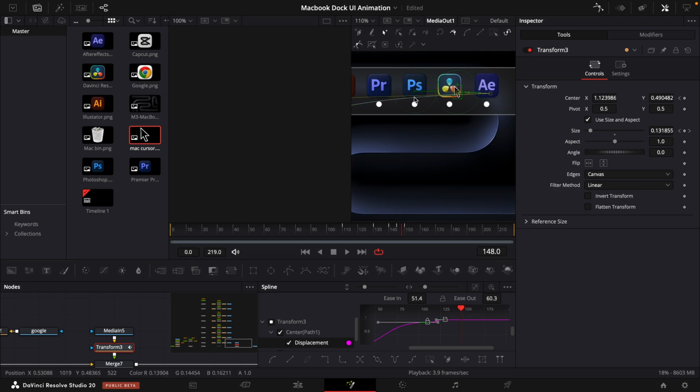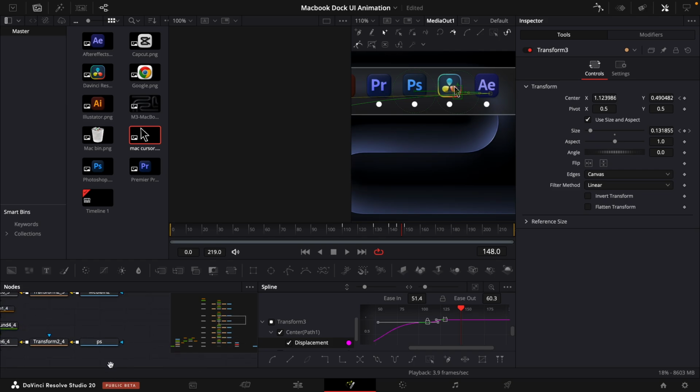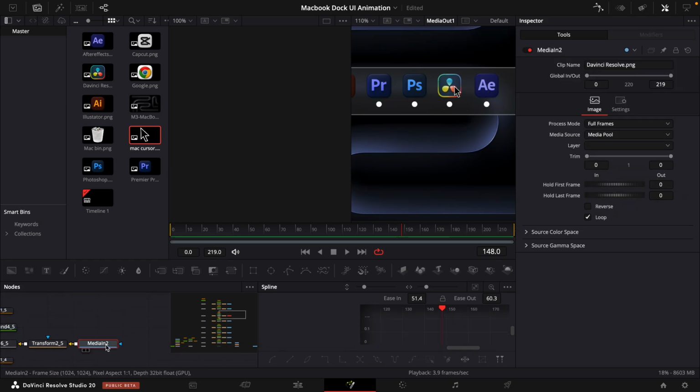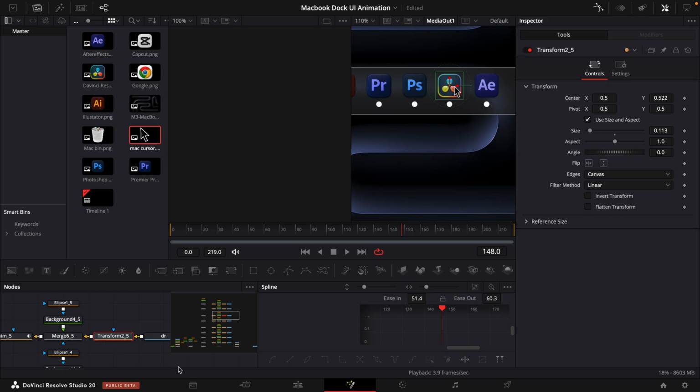So when we have clicked on the DaVinci Resolve logo, we will just make it kind of bounce a little bit and size up. So go on to the DaVinci Resolve logo. It's up here, I forgot to rename it, I'll just call it DR, and then go into this transform here and go to frame 150, click on the size and go to frame 160 and keyframe the size again and just size it up quite a bit like this.